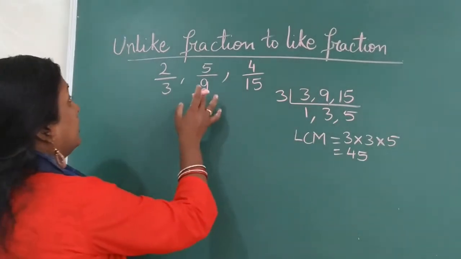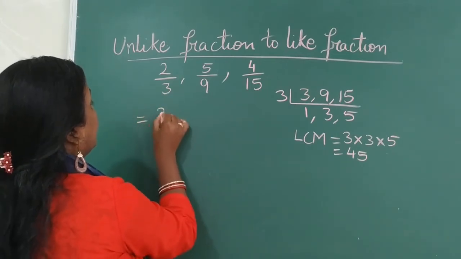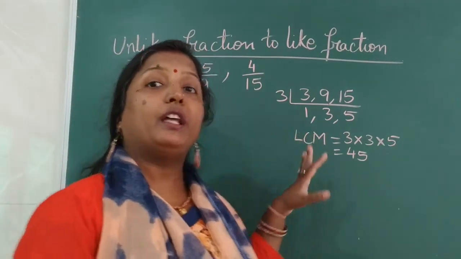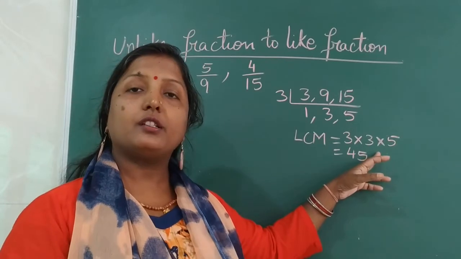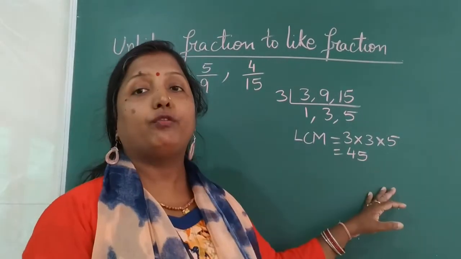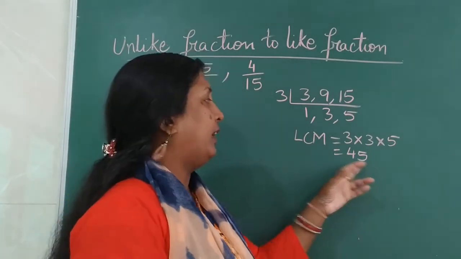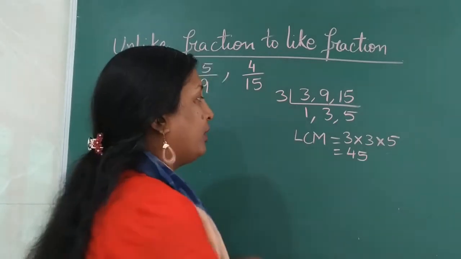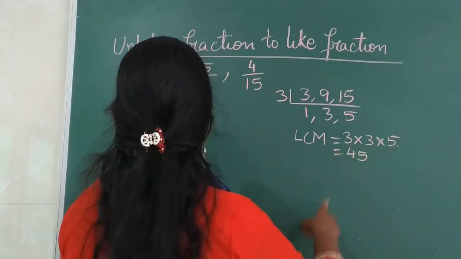Now next, we go for multiplying 3 with the number such that you get 45. That is, you have to search for a number which when multiplied with 3 gives you 45. Children, for that, the trick that you do is you divide 45 by 3 and you get the answer. But I will tell you a simpler way of doing that. See, we got this 45 by multiplying 3, 3 and 5. So from here, I want 3.